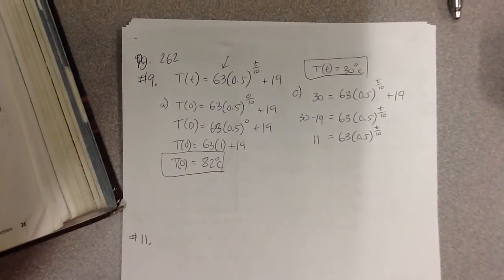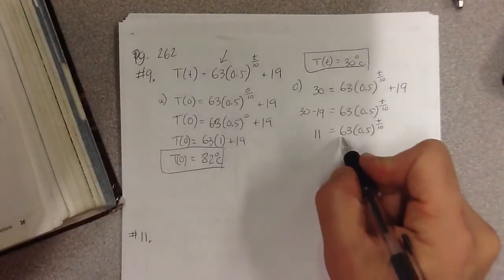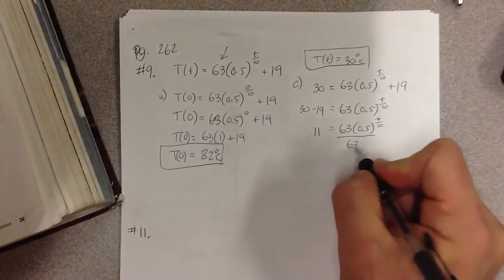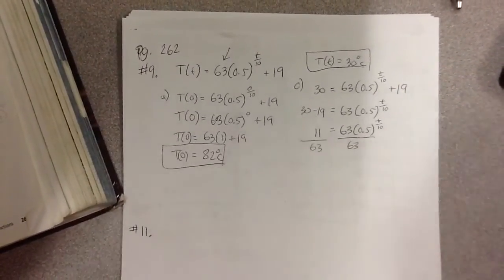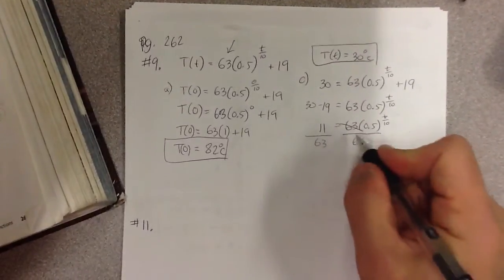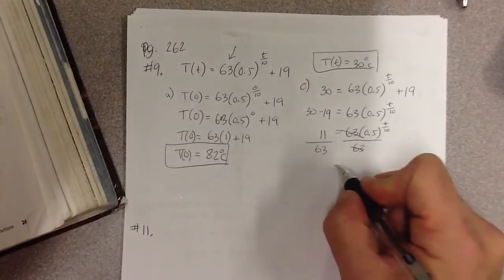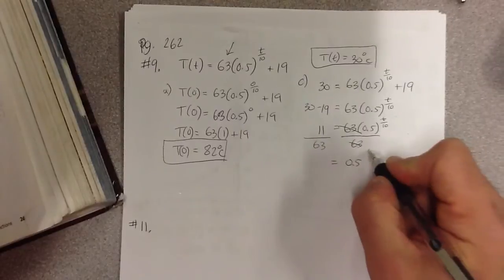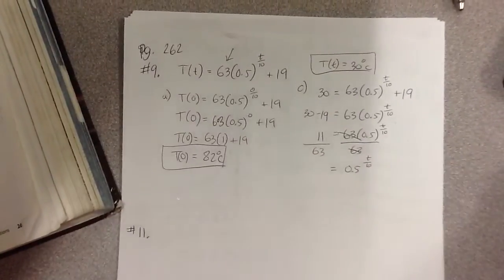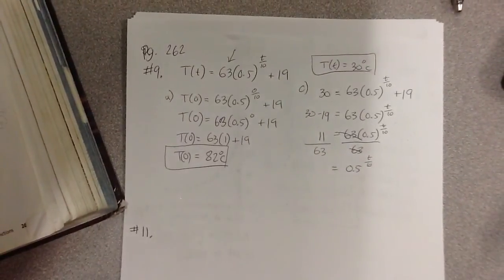And if I continue this, I will have to divide both sides by the 63 out in front. And that will get rid of this for me. And so I'm going to have 0.5 to the power of T over 10 is equal to, and I would take this on my calculator,